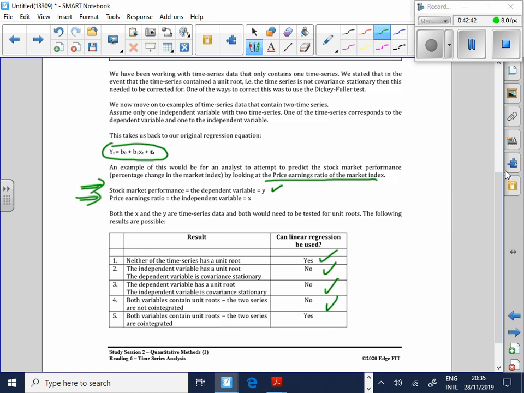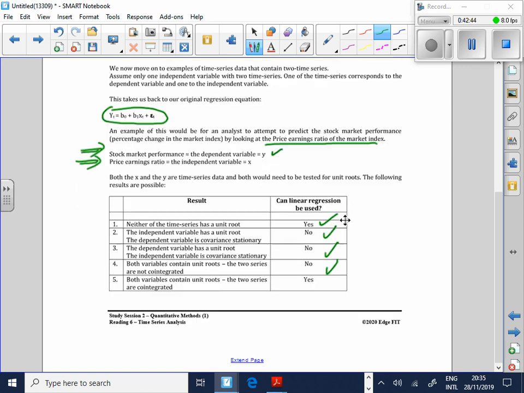You happy with that? But now just remember that number 4 and 5 is just the last little bit. It's not even overly complicated, but it just introduces a new word. In other words, both variables have got unit roots. Now we've got to ask the question, are they co-integrated, the two series? Fancy word. Because if they are co-integrated, even though they both have unit roots, which is normally a massive problem, I can still use them. But if both of them have got unit roots, but the data is not co-integrated with each other, they don't work together, then of course I can't use them.